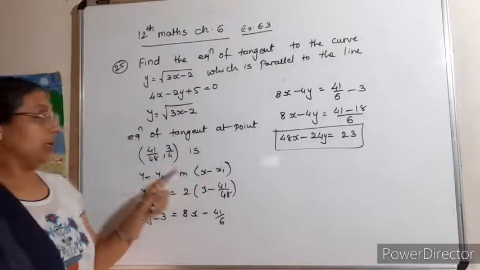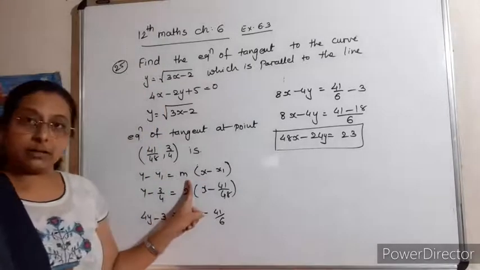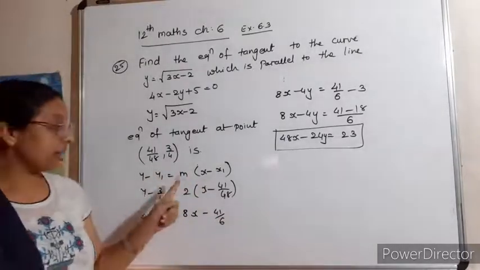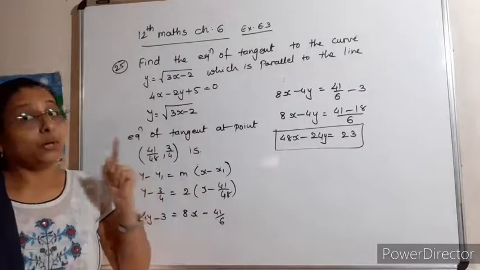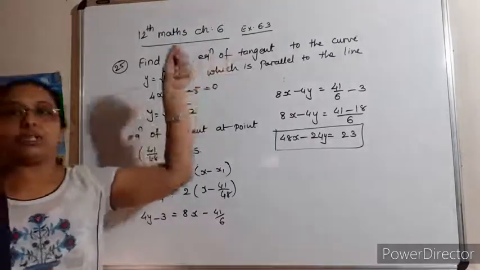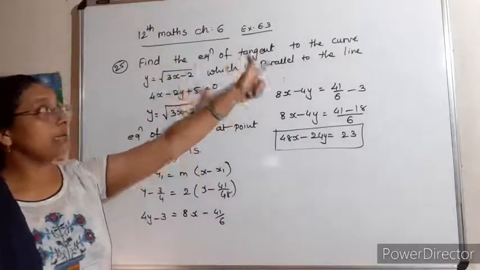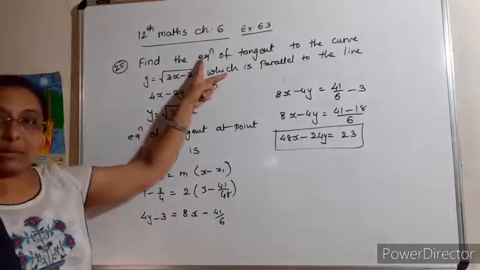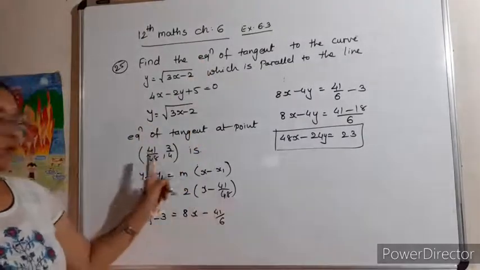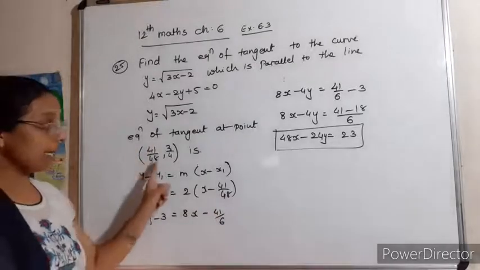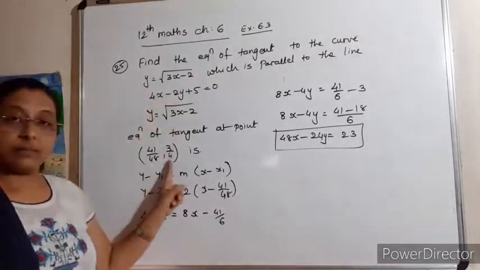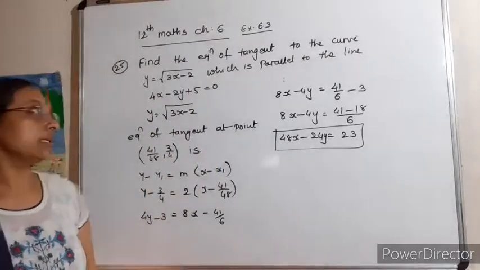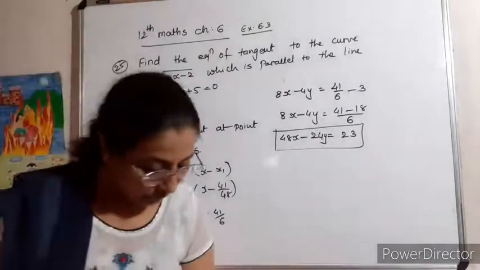Understand that? Okay, so when the point is given, it is easier, you just find the slope and put it in that. But if the point is not given, then something will be given for the slope. So here it is given that this given line is parallel to the tangent, so we equate the slopes of both, that is, compare them, and you will find the point x1 y1. Then we'll find x, put it in the curve and find y. Then you can find the equation of tangent. Understood? Yes. This is question number 25.